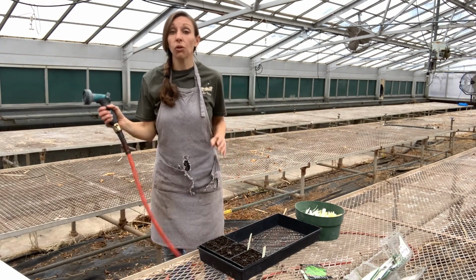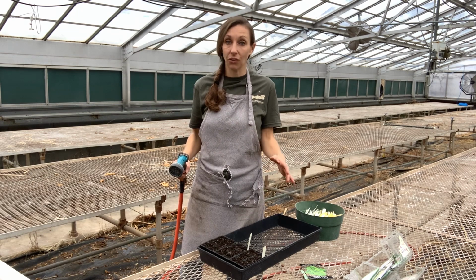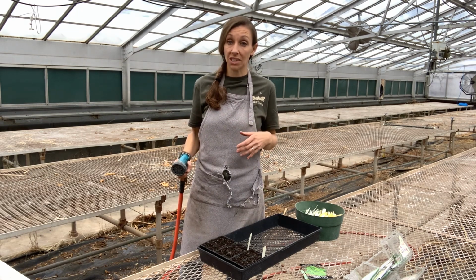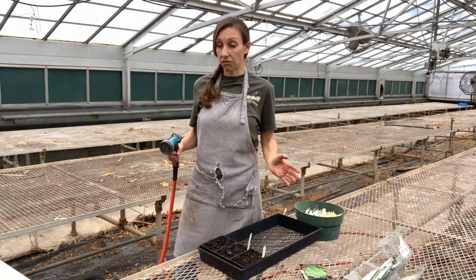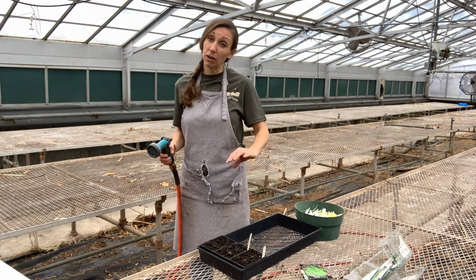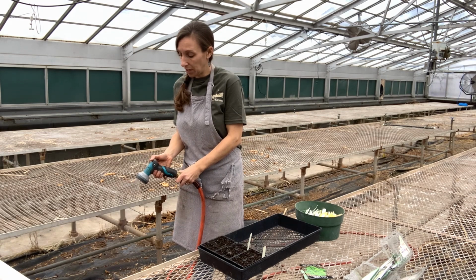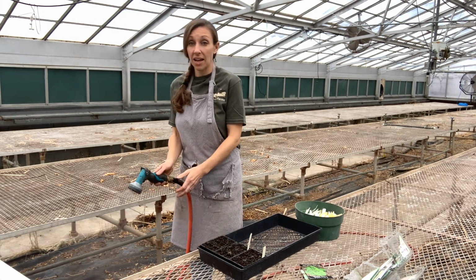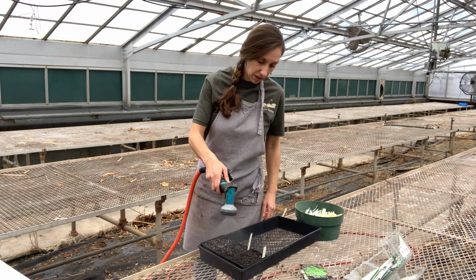When you're watering your seedlings, it's really important to give it a really gentle watering until its roots are established. Because if I come in here with a really hard spray, the seeds and the soil are gonna go flying everywhere. You have a small watering can, or even a plastic water bottle sometimes I use, with a squeezy tip. Since I'm in the greenhouse, I do have a hose that has a really fine spray like this. Okay, so all I'm gonna do,